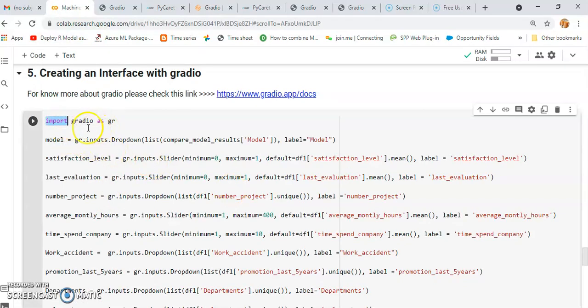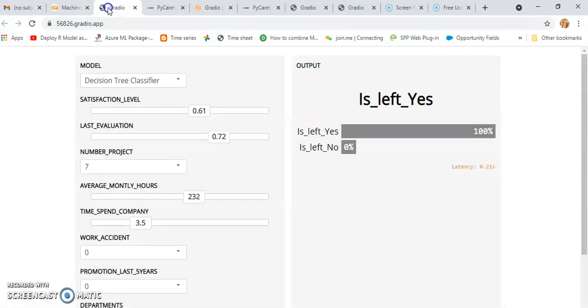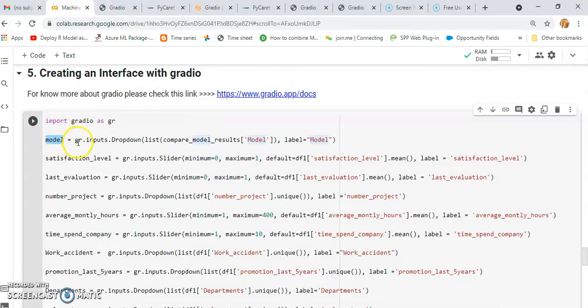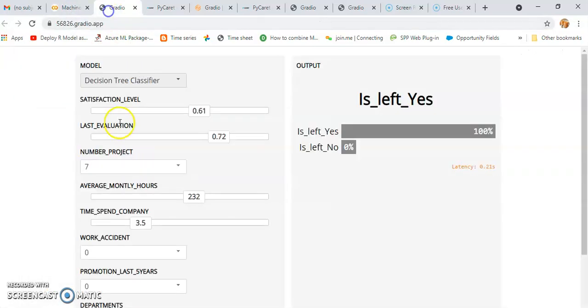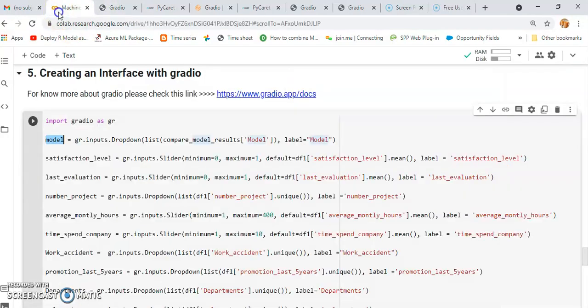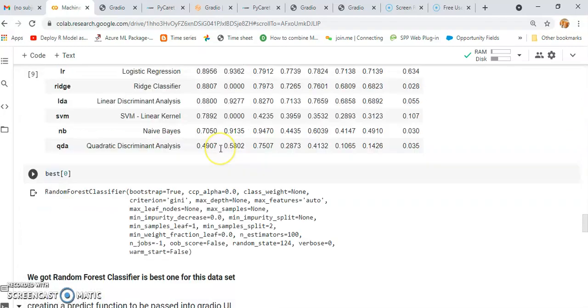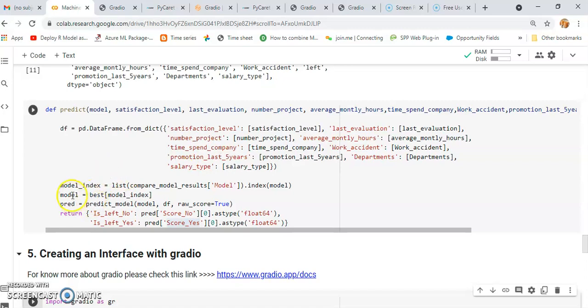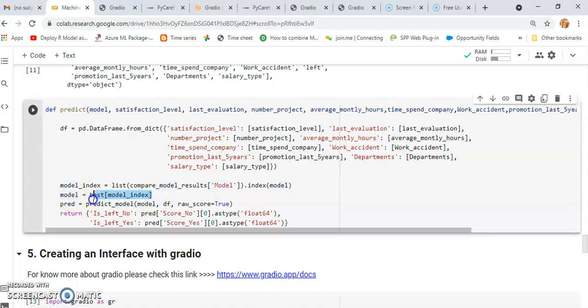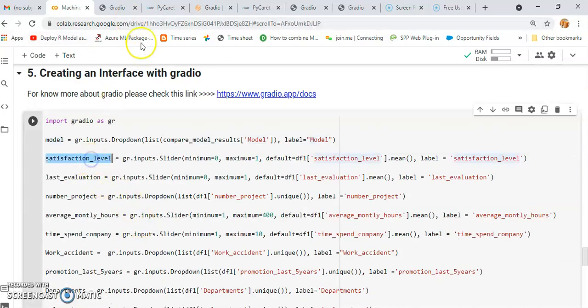I just import Gradio as gr, and the first parameter here is model. Model is equal to gr.inputs.Dropdown, because I want a drop down list of algorithms, and the list is compare_model_result and model. So we basically created this model parameter, and based on our preference it will be chosen. Then next is satisfaction level.